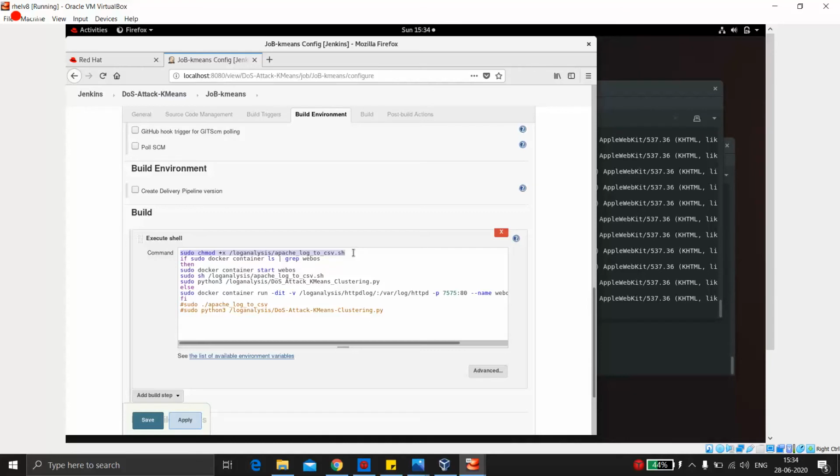It is a shell code, so we have to make it executable. After making it executable, it is checking whether our web server is running or not. If it is running, it will do nothing. For example, if this is already running, this would do nothing. It would not even restart it. It will just show WebOS.